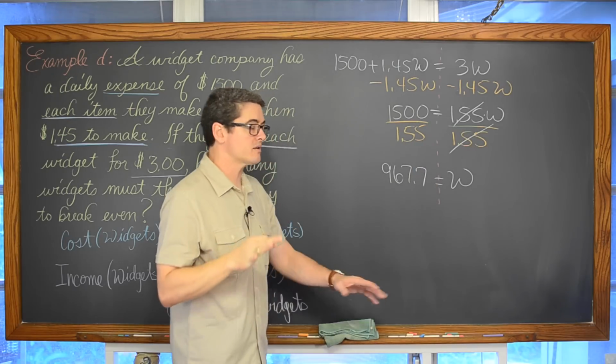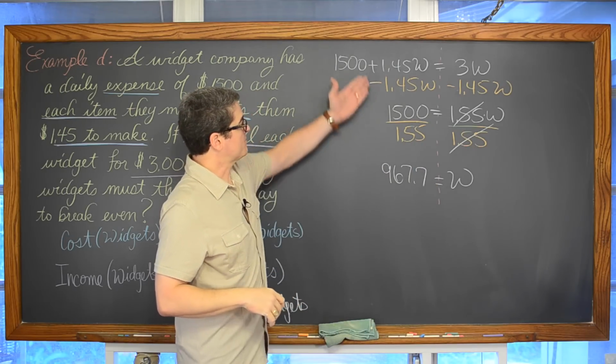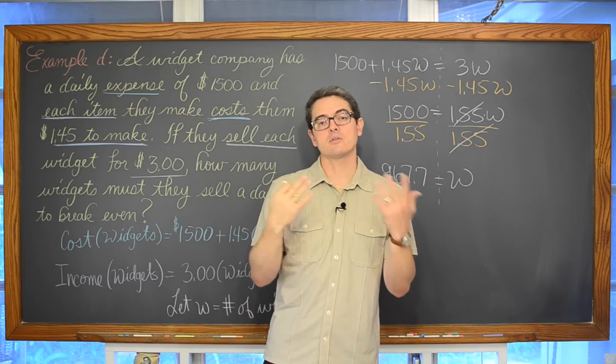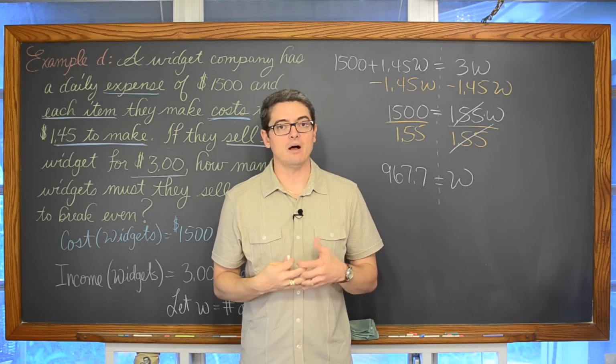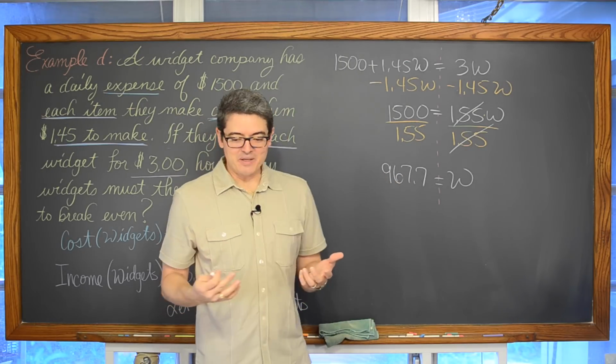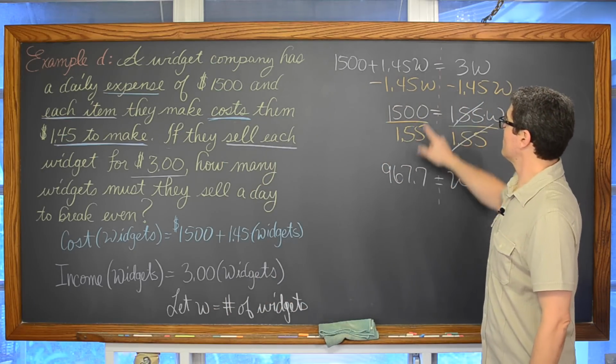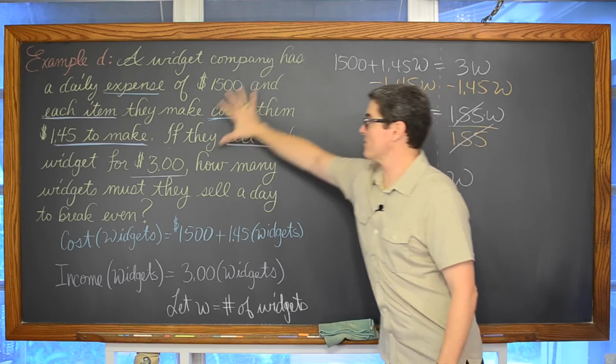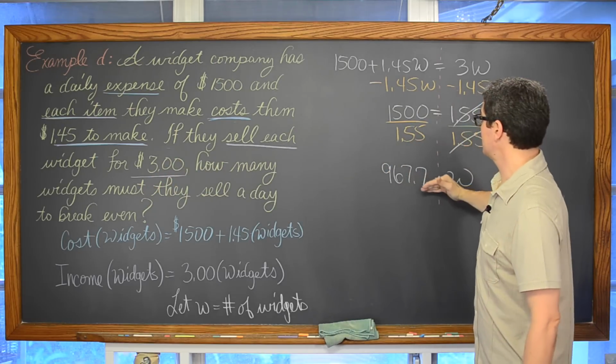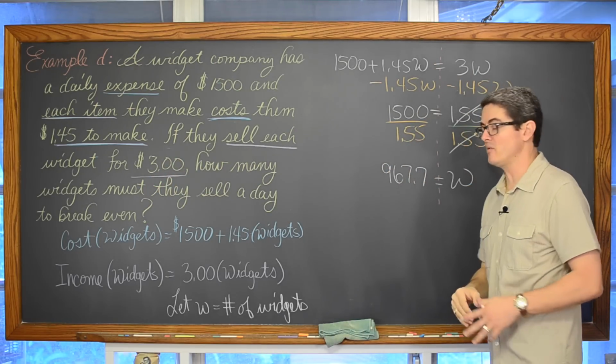Which is 967.7. Now, if I want to check that answer, I need to take that and plug it back into the original equation to make sure that the two sides are an exact match. It'll be a solution, sorry for the static, assuming that that is a correct setup for this equation, but at least you can show that it's a solution for the equation you came up with.